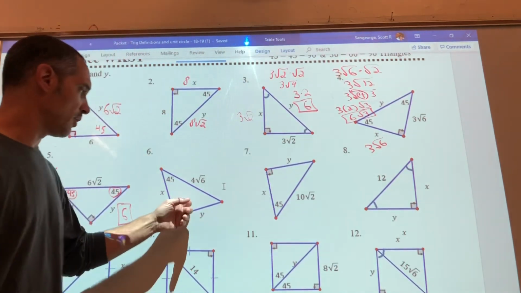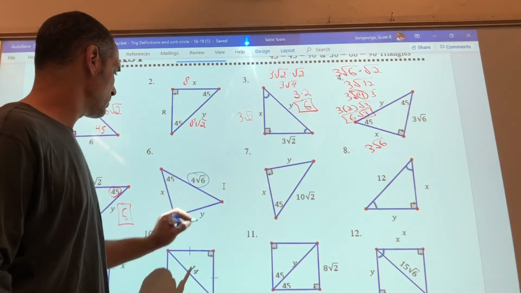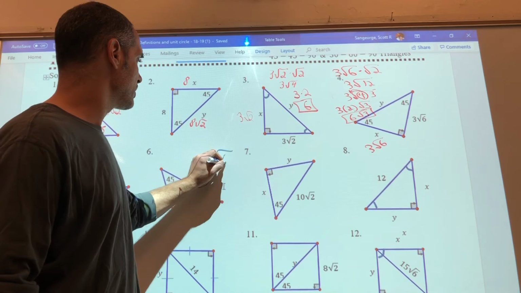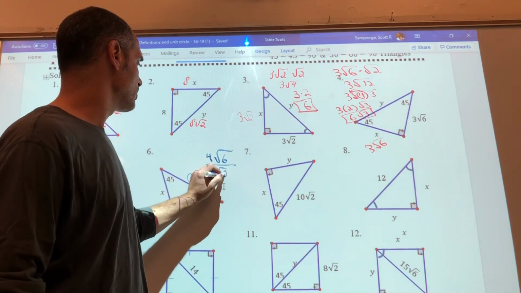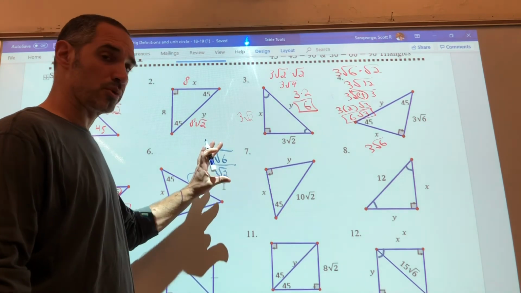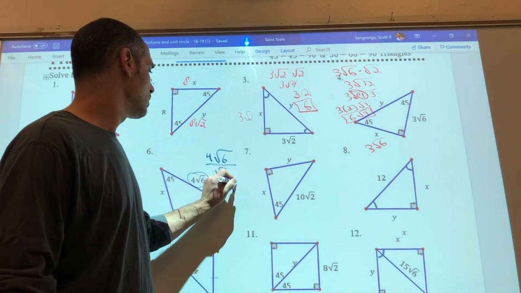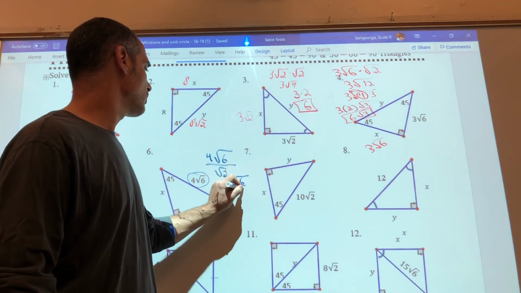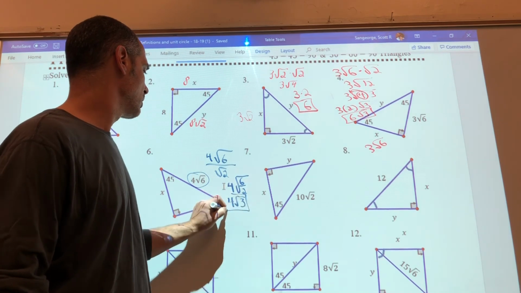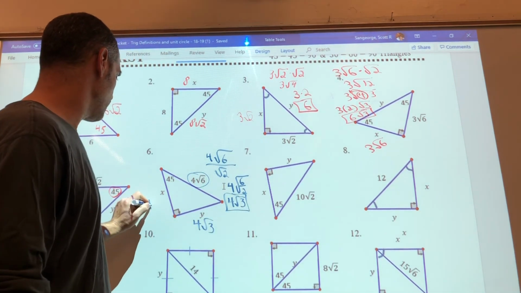I have to do that again with 4 square root of 6. Again, they gave me the hypotenuse, and I'm looking for the 2 legs. So 4 square root of 6 divided by the square root of 2. Well, square root of 6 divided by square root of 2, since they're both square roots, I can just simplify that. It becomes 4 square root of 6 over 2, which is 4 square root of 3. And so y is 4 square root of 3, and x is 4 times the square root of